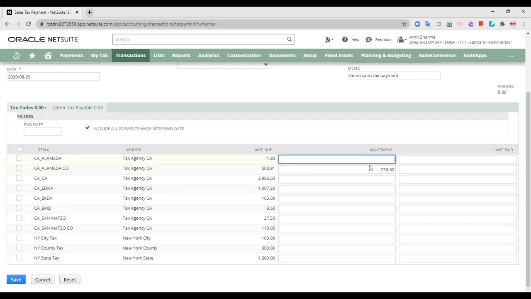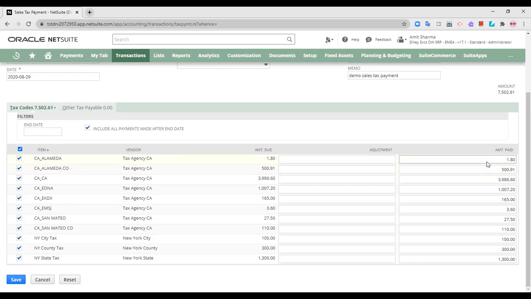If you just enter an amount plain without any minus sign, it is going to add up to the amount paid. So here is the adjustments tab, and whatever is the plus or minus, the amount paid is going to be calculated over here. Now when you select, then the amount paid will be populated over here.